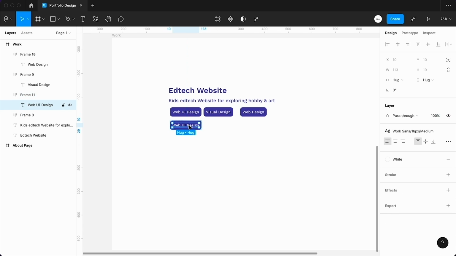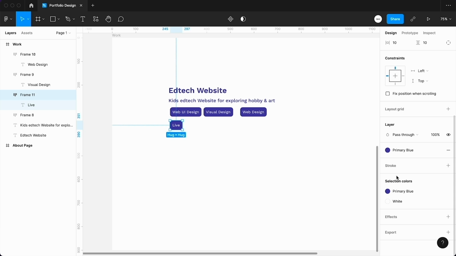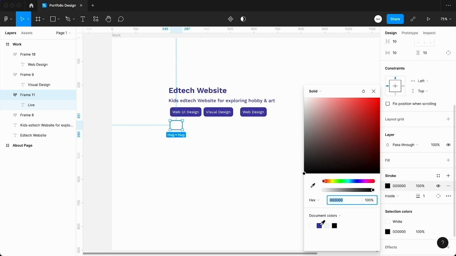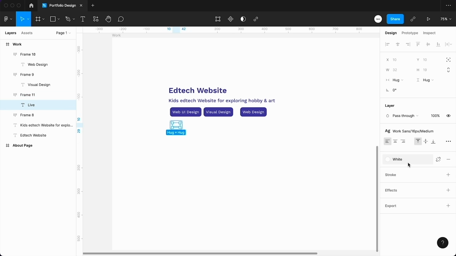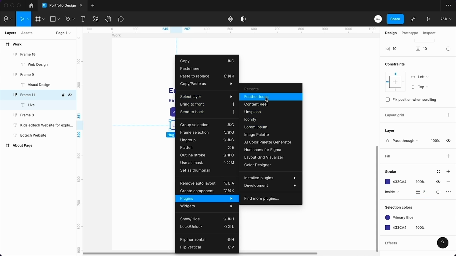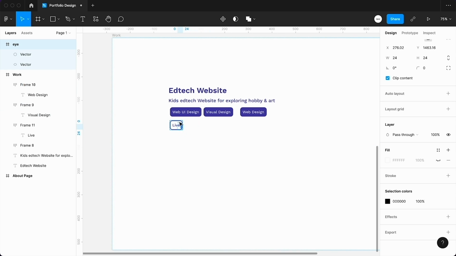and create here Live. This button simply says if someone clicks here it will redirect them to the live website. Now change its color. For that I will remove its fill and give it a stroke of color blue and change its text color from white to blue. And let's increase its stroke value from 1 to 2 and put here the icon. For that we will go to the Feather icons and let's choose this icon. Place this icon inside this button